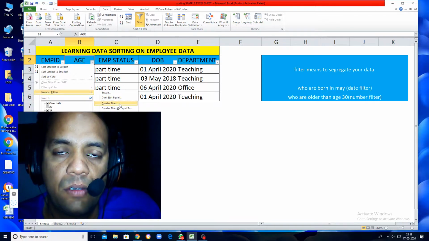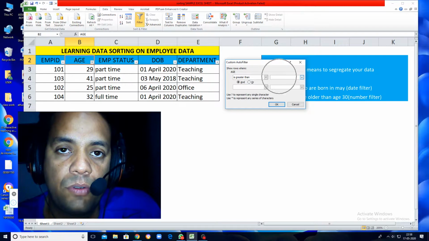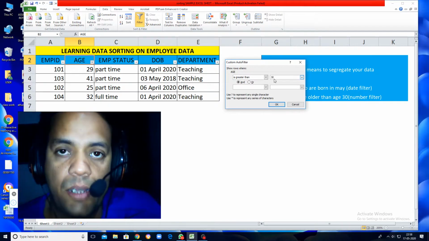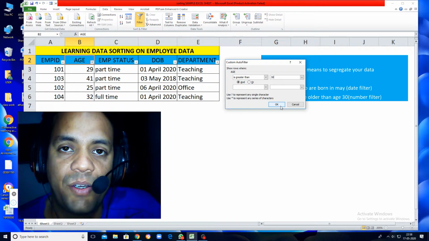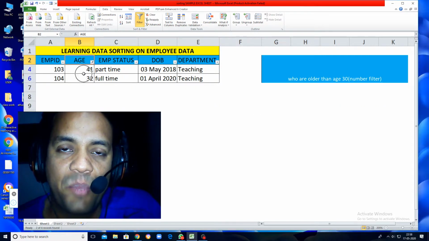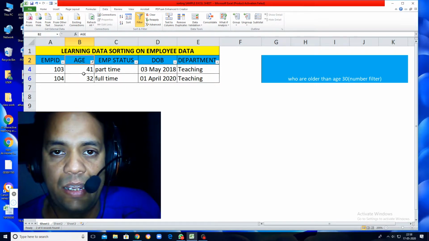More than, greater than, both are the same. Greater than to which value? That value I need to specify here, and that is 30. Okay, and I click OK.